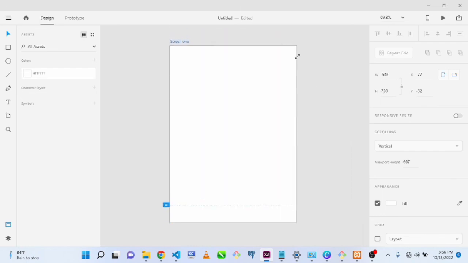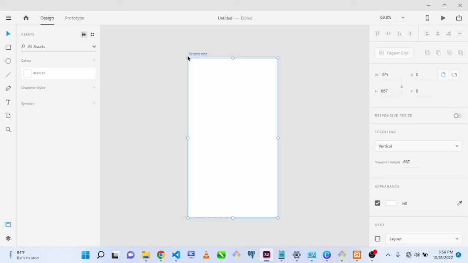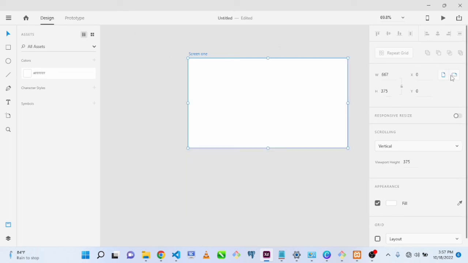You can use it to stretch it for whatever you want. But majorly, we advise not to do something like that because you have already set the size of the project that you want to work on, which is 375 by width and then 667 by height. Okay, so right now we have this toggle button